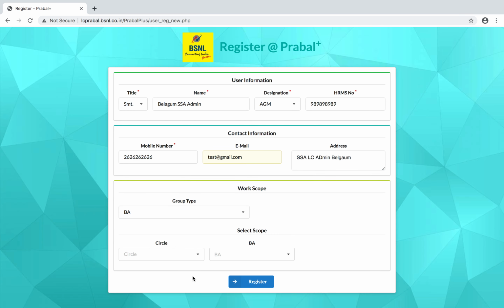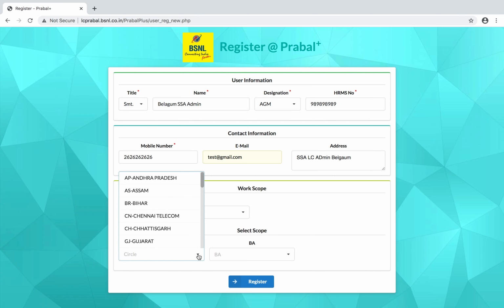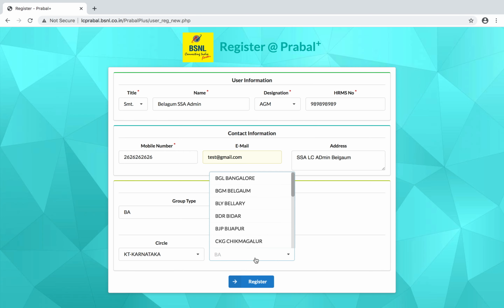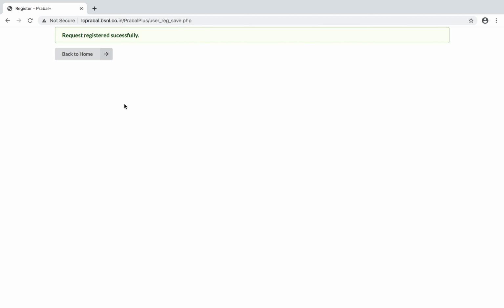So I will select the scope as BA, then circle as Karnataka, then I will select Belgaum. Okay. Now I will register.